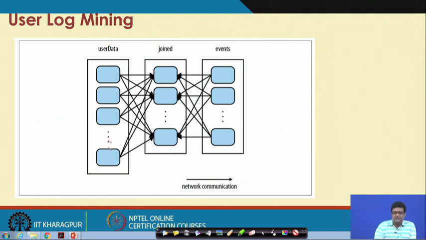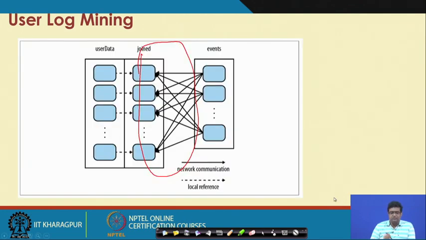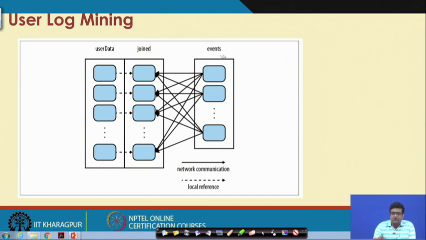Now, your RDD will look something like this. On one hand you have the user data, on the other side you have the events data, and you are having these communications for creating this joined RDD. Unfortunately, this is a lot of communication. Instead, what you can do is use what is called a partitioner. Basically, what you need is this kind of a graph. You know that for all these three RDDs, your key is user ID.